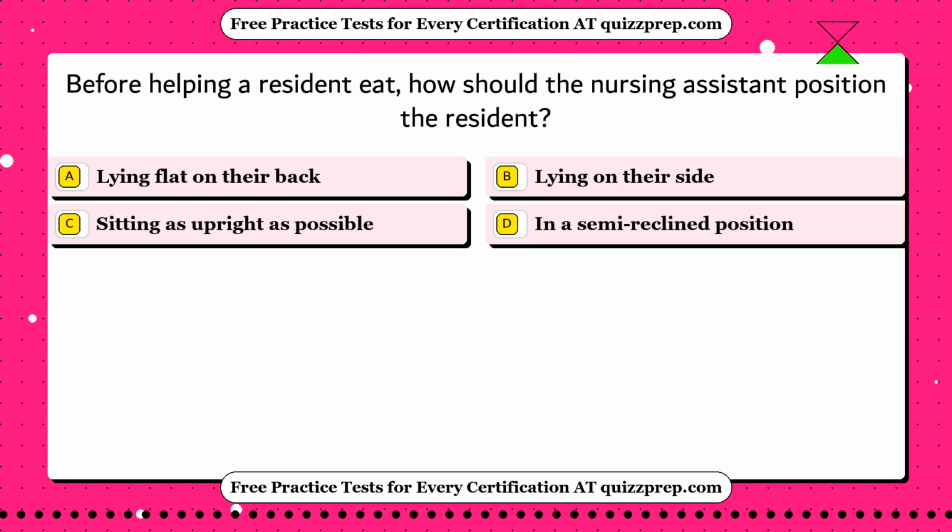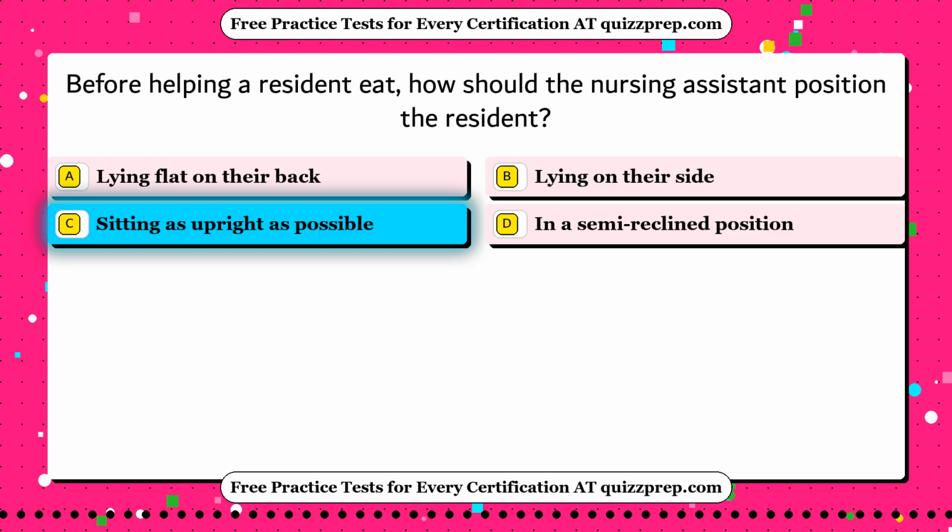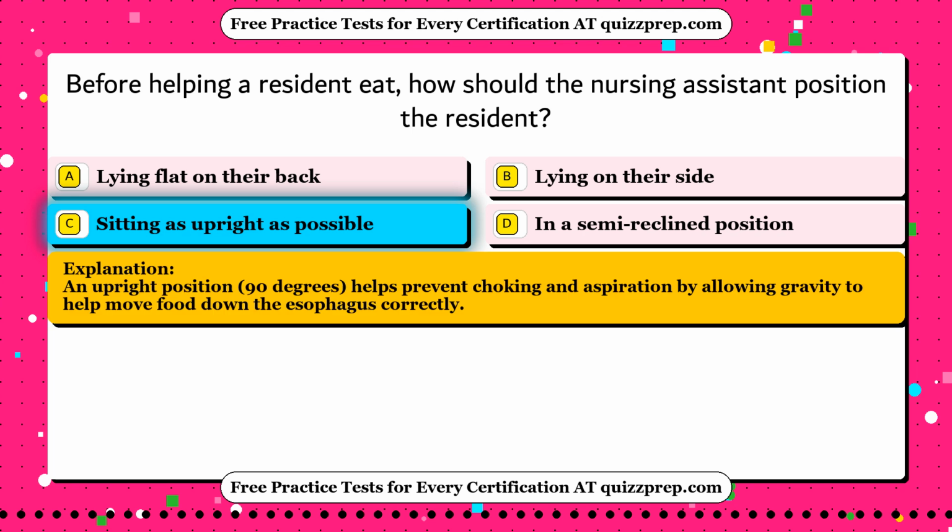Question 84. Before helping a resident eat, how should the nursing assistant position the resident? Option A, lying flat on their back; option B, lying on their side; option C, sitting as upright as possible; option D, in a semi-reclined position. The correct answer is option C, sitting as upright as possible. An upright position, 90 degrees, helps prevent choking and aspiration by allowing gravity to help move food down the esophagus